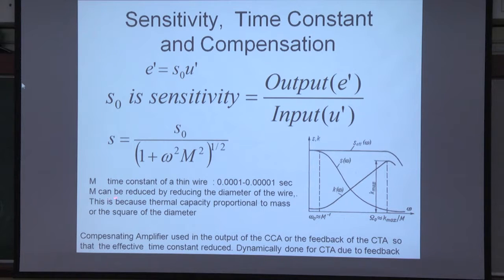Now note that I can reduce my M. For it to be faster in terms of response, I want to reduce my M. The time constant has to be as small as possible. I can reduce it by changing the diameter of the wire, making it smaller. I do that because the thermal capacity is proportional to mass and hence the square of the diameter. So I make it smaller. Typically, if it's 5 micron tungsten wire, you want to improve that, you can always go for, let's say, 2.5 microns. 1 micron is the smallest you can manage, because